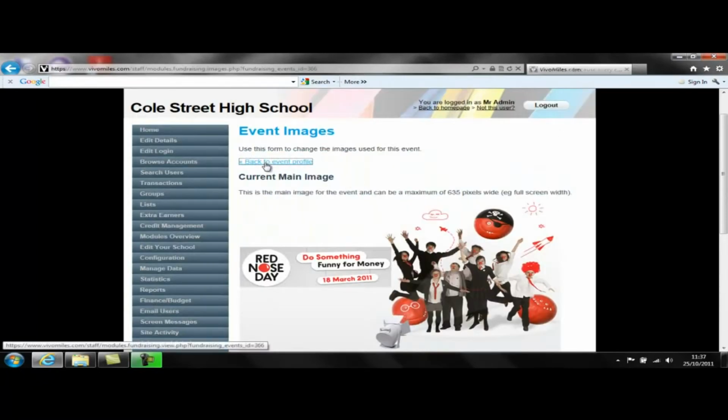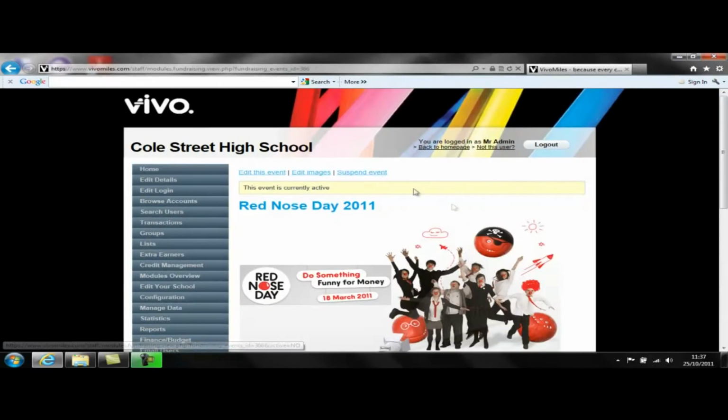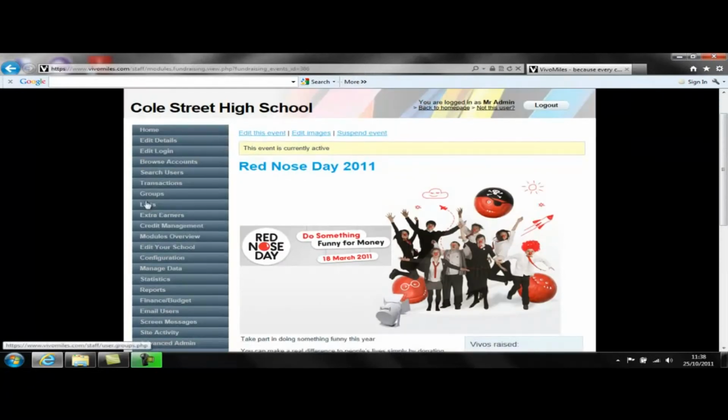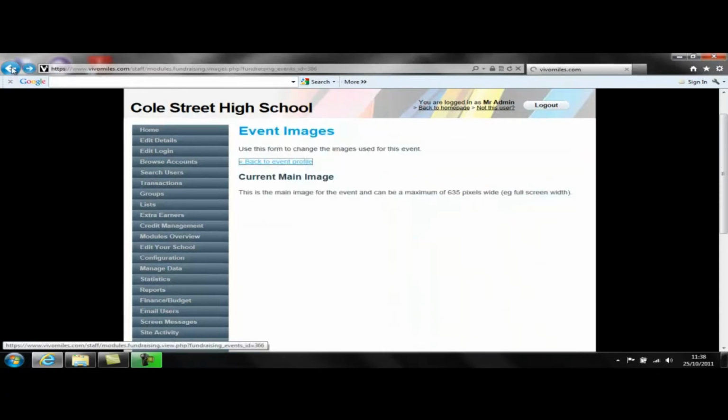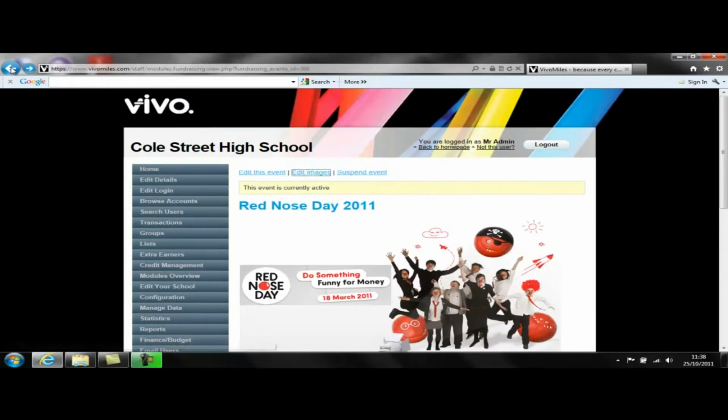And then once you've completed the text and images, you will click on activate the event, which will appear up the top here. This event is currently already activated, so once it's activated you'll have the suspend event button appear. While it's activated the students can donate away, and you can monitor that particular event by going to the events page,